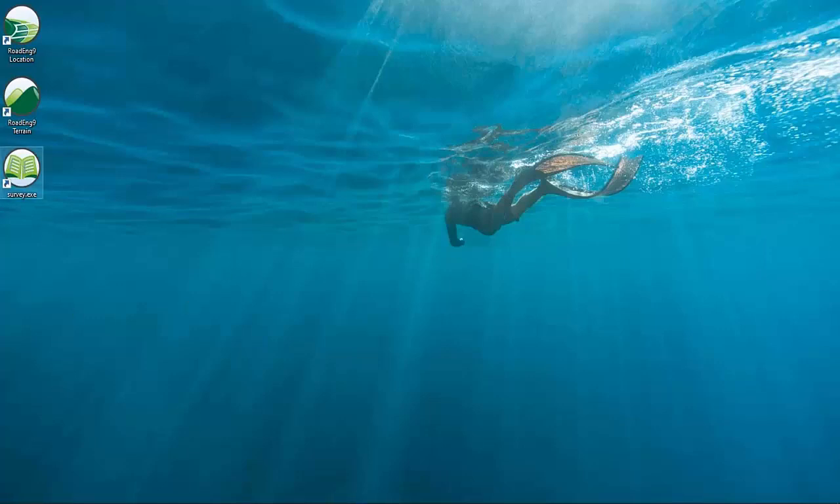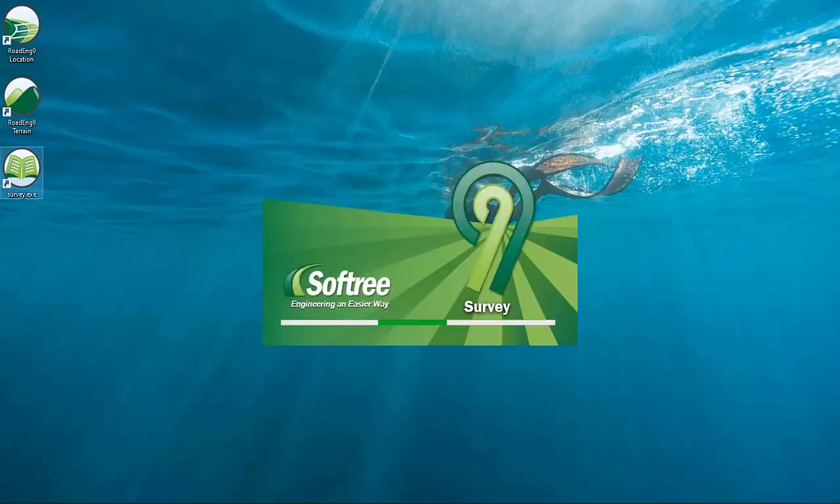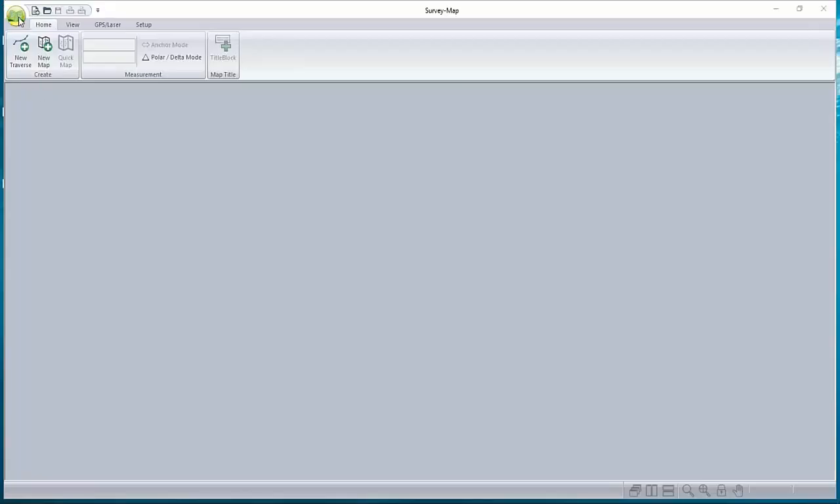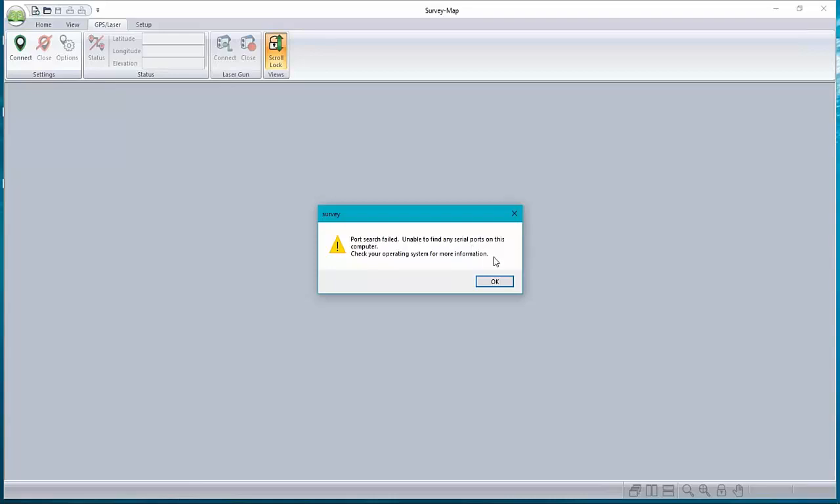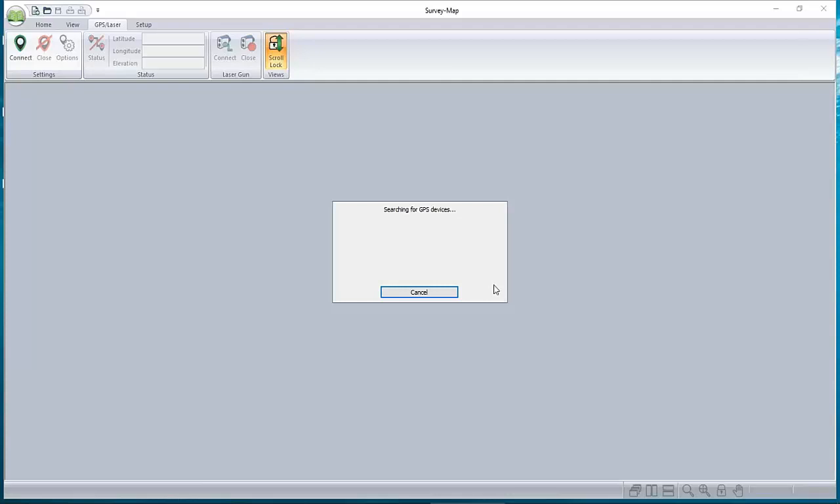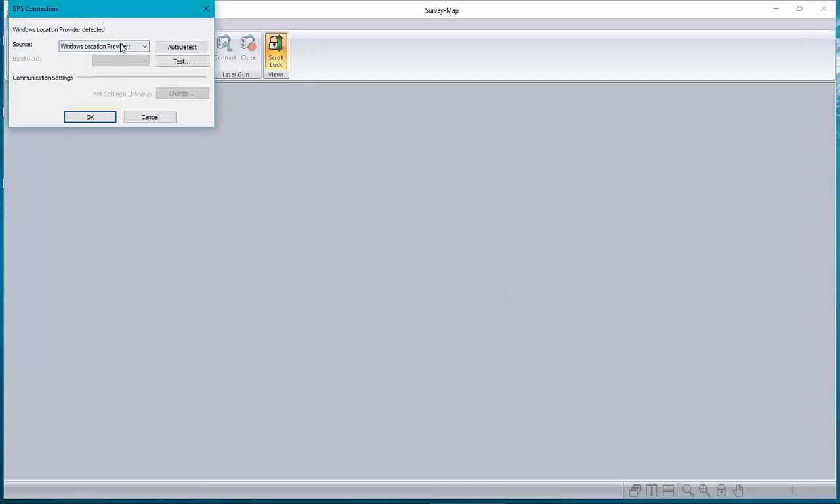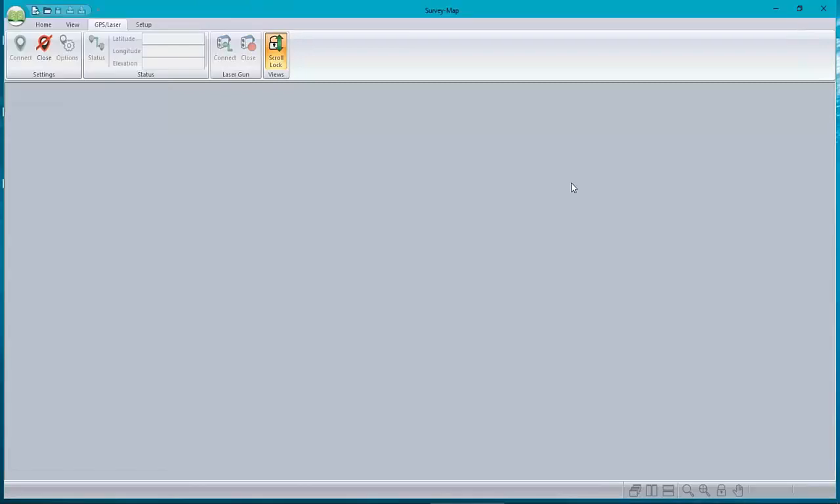Let's start with the survey map module. It's possible now in the survey map to actually create a survey from a GPS device. Okay, so I don't have a GPS connected to my computer, but there is a thing called Windows Location, which is pretty low quality, but it works for demos. So here we are. I am now connected to a thing called Windows Location, which is kind of like a GPS device. This ribbon is where you also connect up to your laser